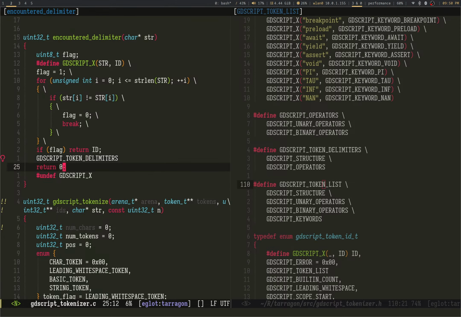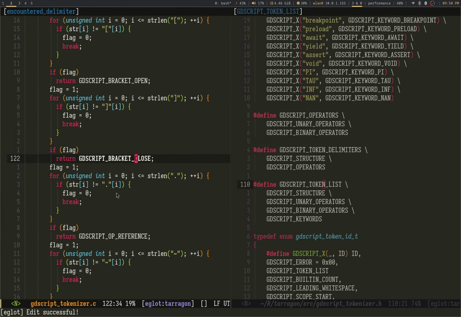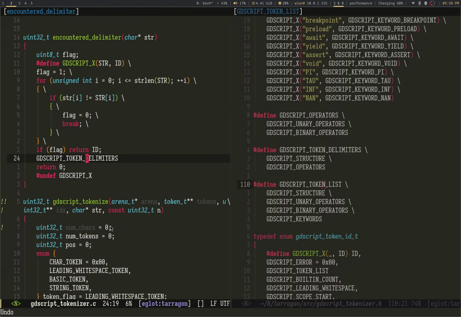So this is why we use macros, first of all. This is why we use macros. Isn't this nicer?